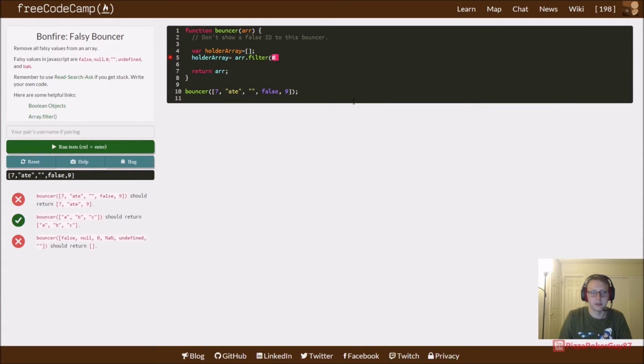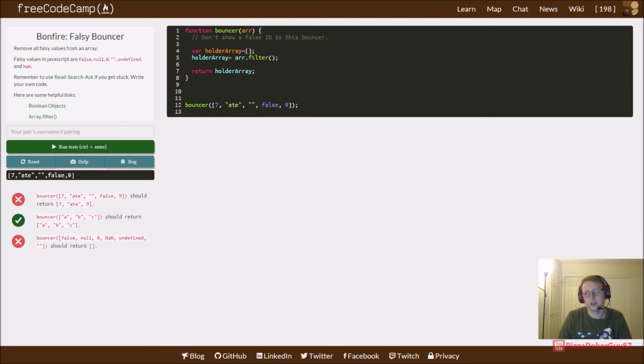We'll just leave it empty for now and come back to it. This takes some sort of function, and then we want to return our array. Filter allows us to filter through our array on certain parameters, and typically you do this with functions and stuff like that. So